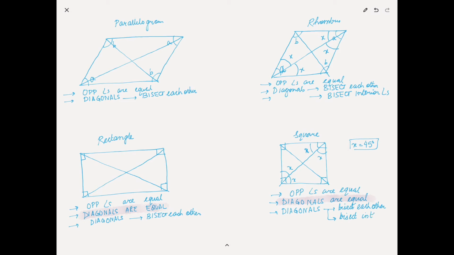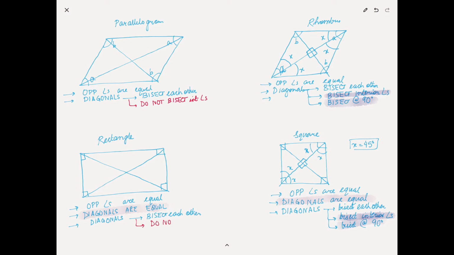So if we had angle A over here, that can be divided into two equal parts, angle x, and the same applies to the other side as well, and that applies to the square also. But because the square has interior angles equal to 90, the two equal parts that the interior angle is going to be divided into are going to be 45.